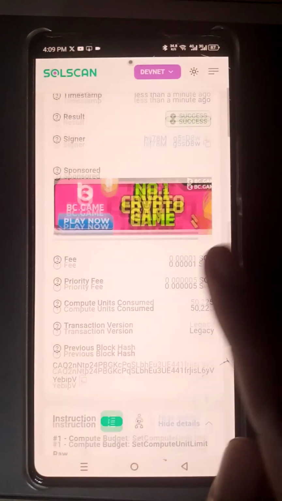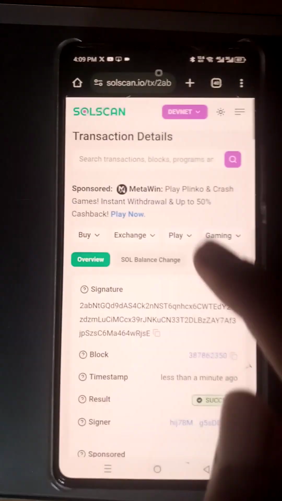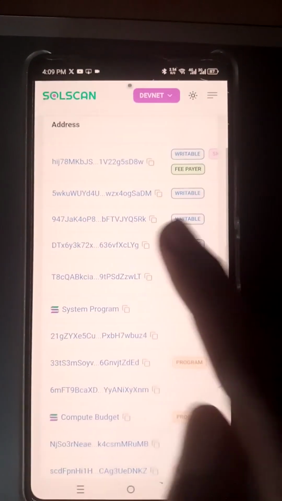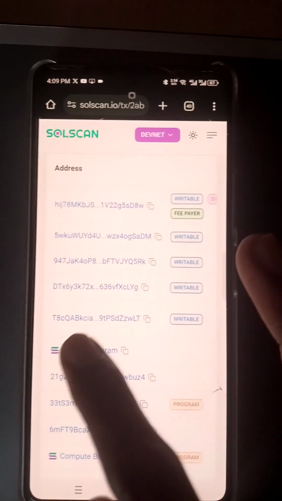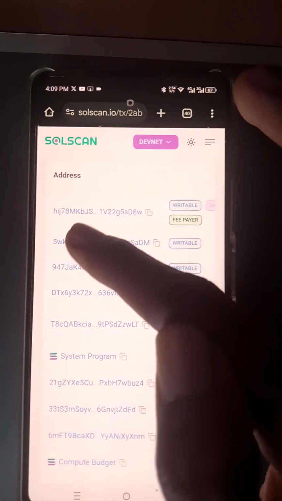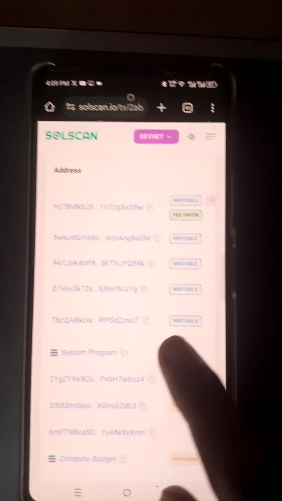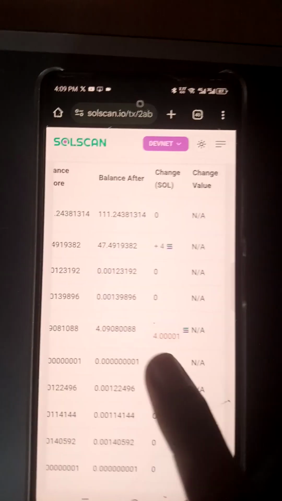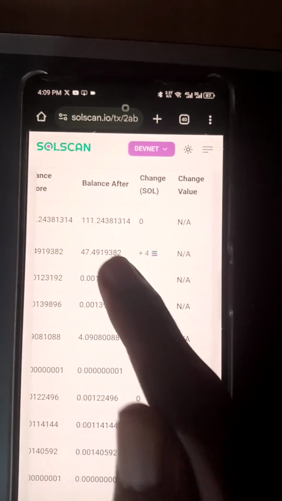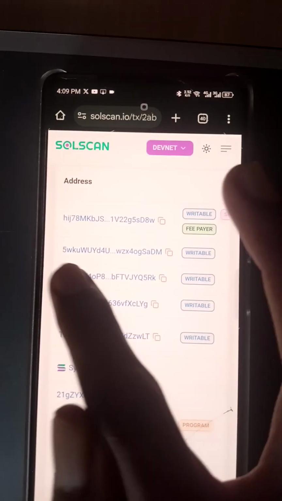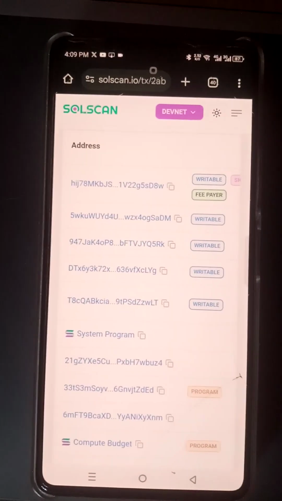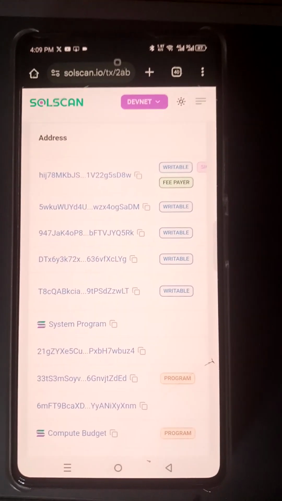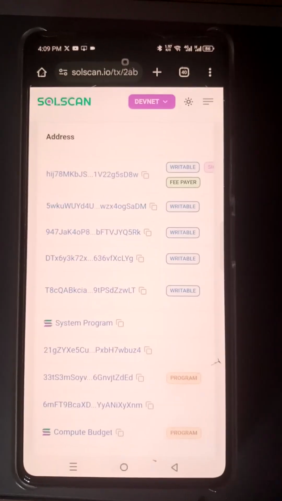You can see it. And if we go here on balance change, you can see this was the wallet T8 something, and the other one we transferred to, what? 0.5. And if I scroll this T8 here, the last one here, minus 4 from it, and got 4 added to the T5. So that's how you can build a Solana Mobile dApp that does not even need a normal wallet, just